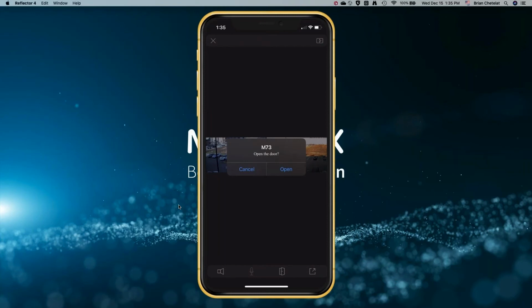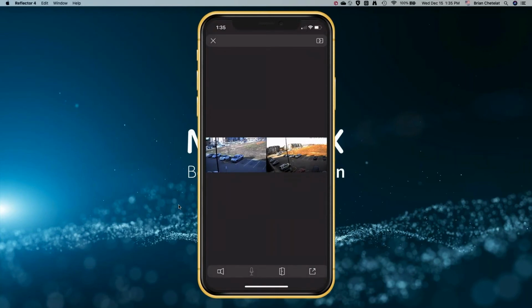And then I would tap either cancel or open. That would trigger the camera to then trigger an output either on the camera or on a functional module connected to the camera, and it would activate that relay.